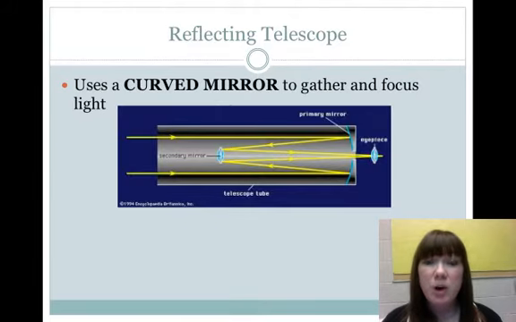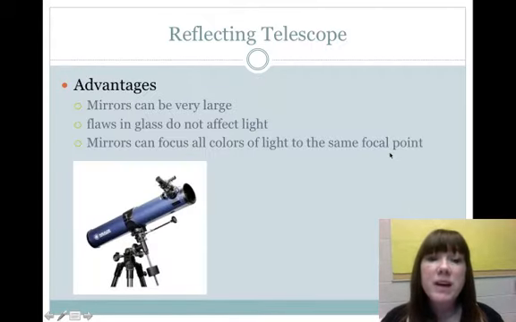A reflecting telescope uses a curved mirror to gather and focus light. So you can see at the front end here, this is where the incoming light comes in, and it goes all the way to the end where it bounces off the primary mirror, back off the secondary mirror, and in through the eyepiece. The advantages of reflecting telescopes is that the mirrors can be very large, and even when they